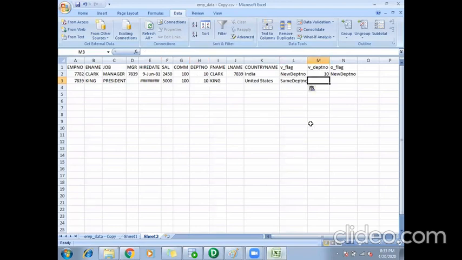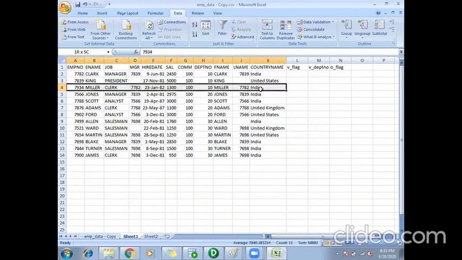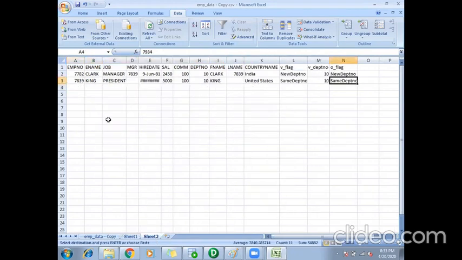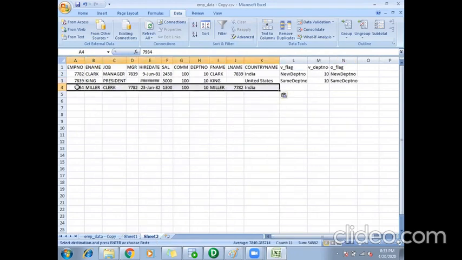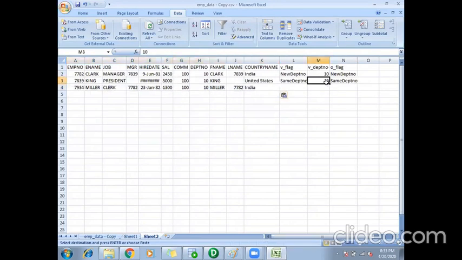And now V department will be assigned with the department number. Here O flag equals V flag. Done. Then the third record comes. Again, department numbers are same. So the same value will be assigned here.